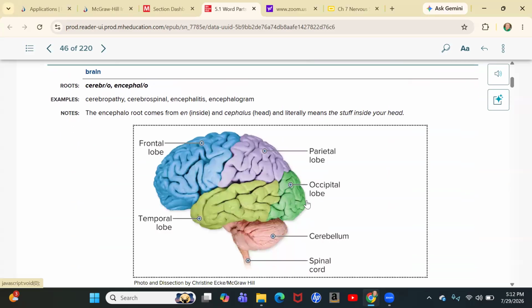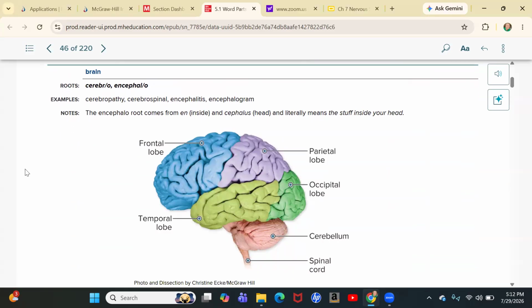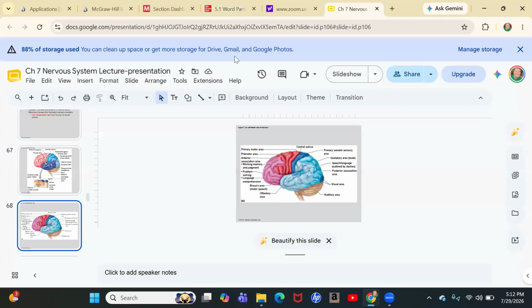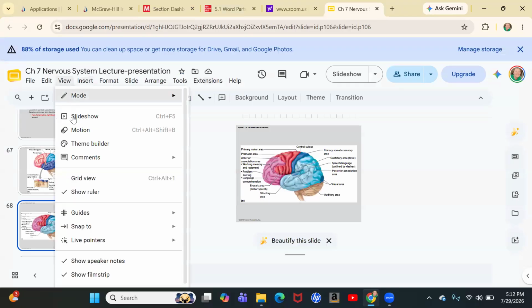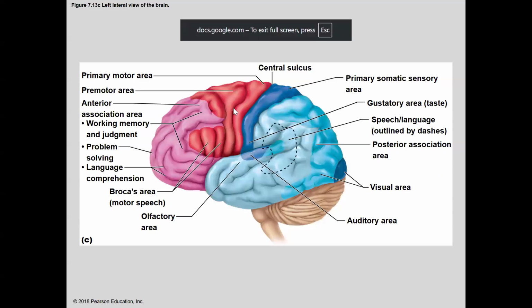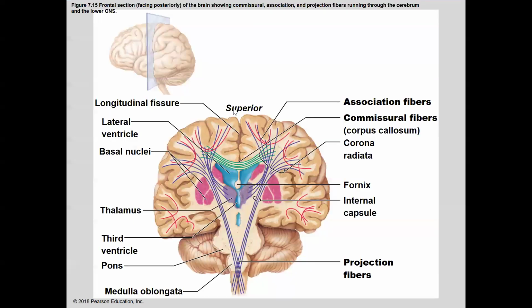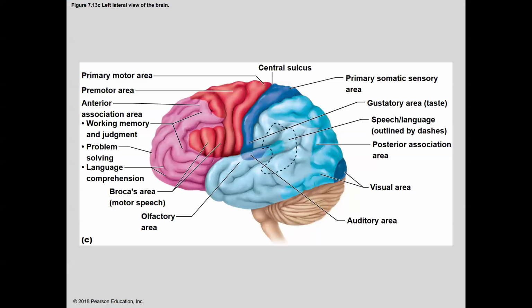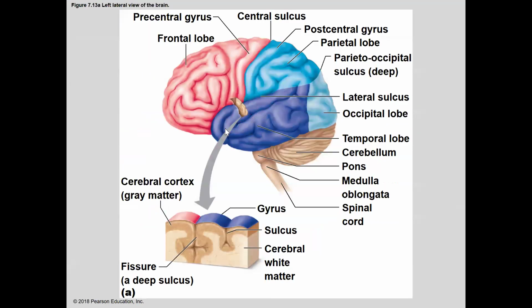So you have your brain here. The combining forms that mean brain are cerebro and encephalo. Remember, the brain is encased within the cranium, and it is made up of multiple lobes that you see here: the frontal lobe, parietal lobe, occipital lobe, the cerebellum, bellum meaning below, and the temporal lobe here in blue.